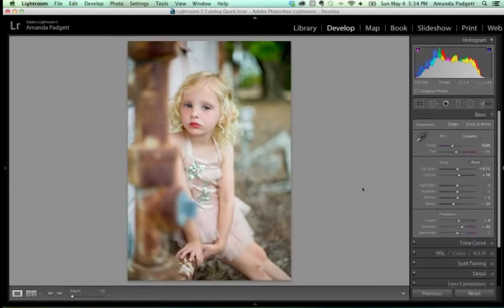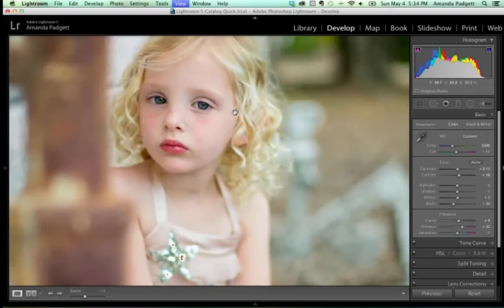And then I'm going to do done. So that is the crop tool. Another local adjustment that you want to know how to use is the